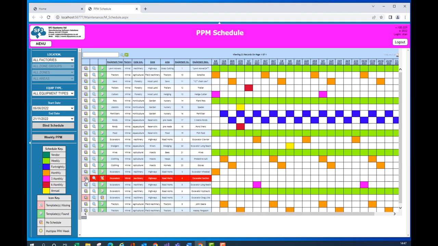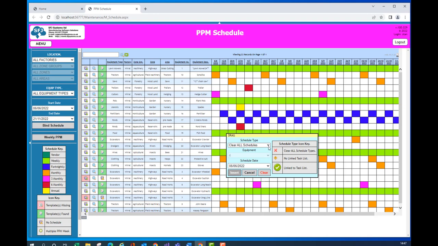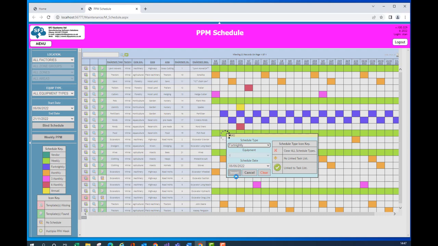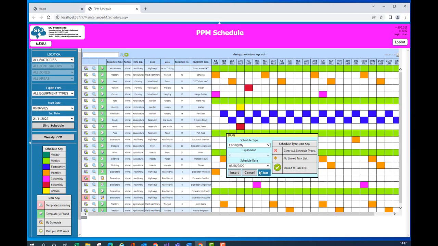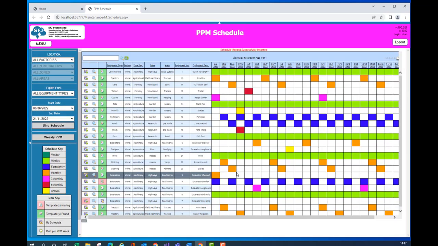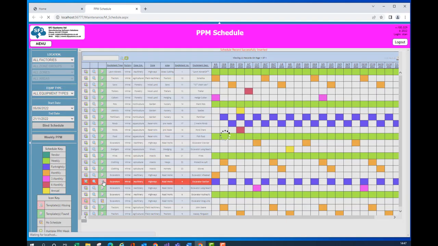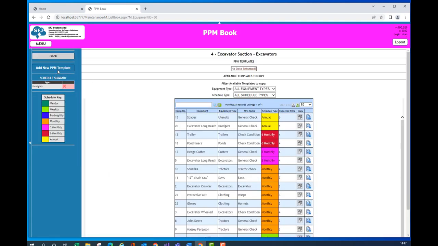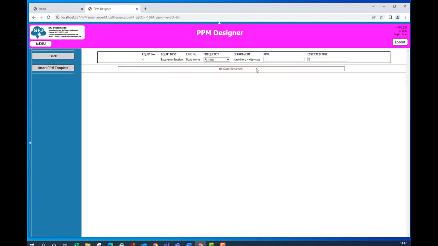So if I click on that button there, it's going to say, well, okay, what do you want to do? I'll say, well, I'll have a fortnightly one, and I'll start on the 6th, put insert, and bang, there you go. There's a blue fortnightly schedule gone in. It hasn't got any tasks, so all of a sudden we've got a schedule, but we don't know what to do with it. If I click on the button again, and then add a new template for this product,